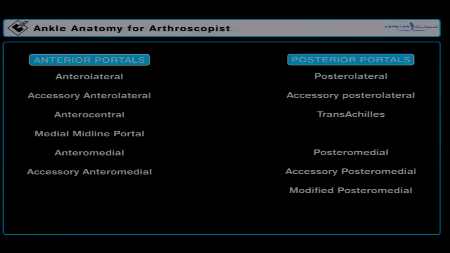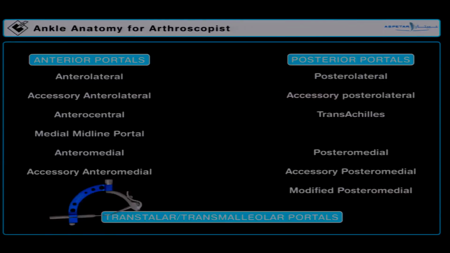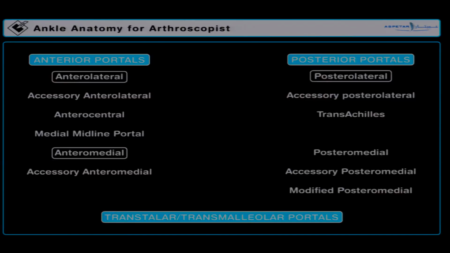Remember this date, we can consider it the date of the revolution in ankle arthroscopy. Before 2000, numerous portals had been described for arthroscopy of the ankle. Even though a large number of portals were described, the access to the posterior region of the ankle was unsatisfactory. Some of these portals are not recommendable because they are difficult to perform or have a high risk of injury. But until this point, the majority of procedures can be made with 3 portals: anterolateral, anteromedial, and